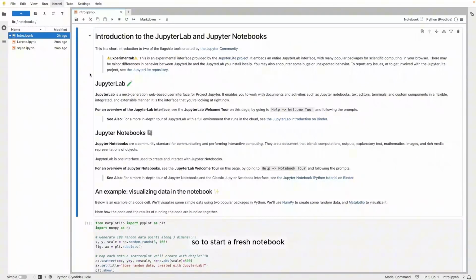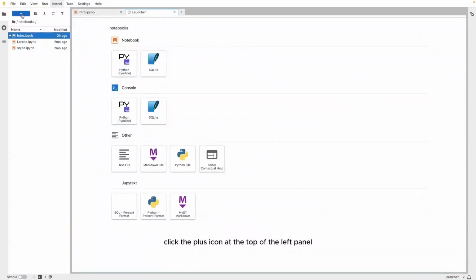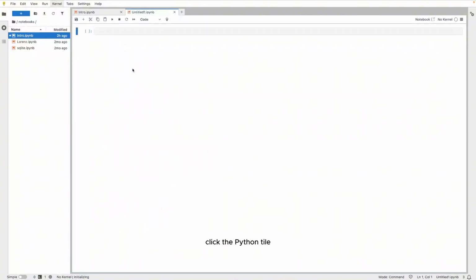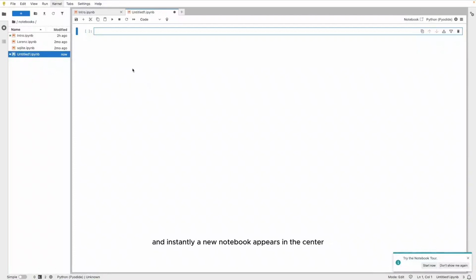To start a fresh notebook, click the plus icon at the top of the left panel. A small launcher opens in the center. Under notebooks, there are two tiles, Python and SQLite. Since we are writing Python code, click the Python tile and instantly a new notebook appears in the center.